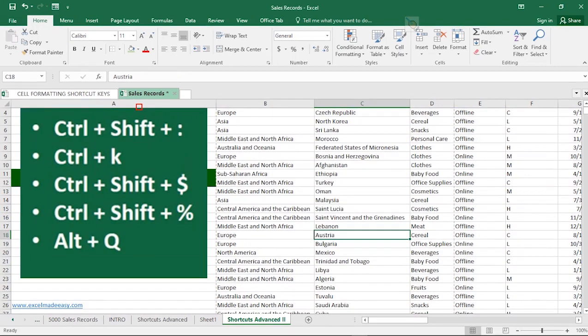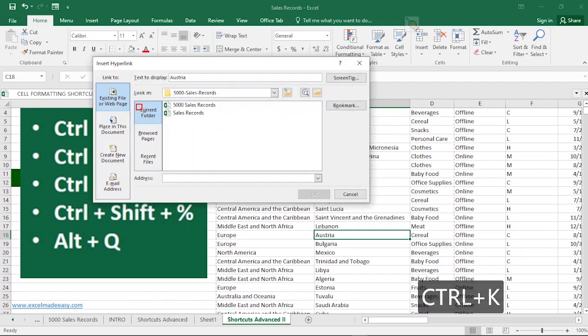So the next Excel keyboard shortcut key that we'll be looking at is Ctrl K. So hitting Ctrl K at any instance will activate the hyperlink feature. So you can actually insert a hyperlink immediately. So you can just type in the web address